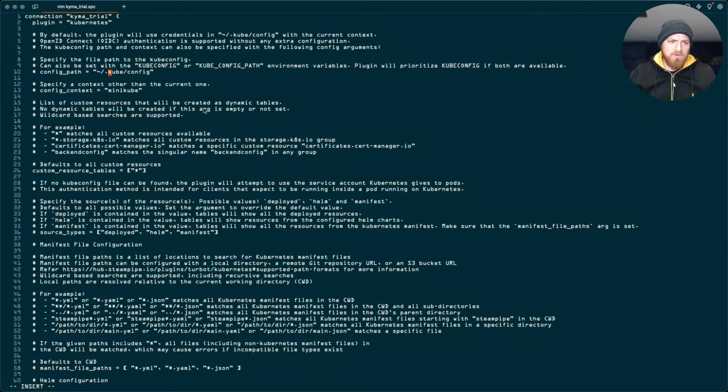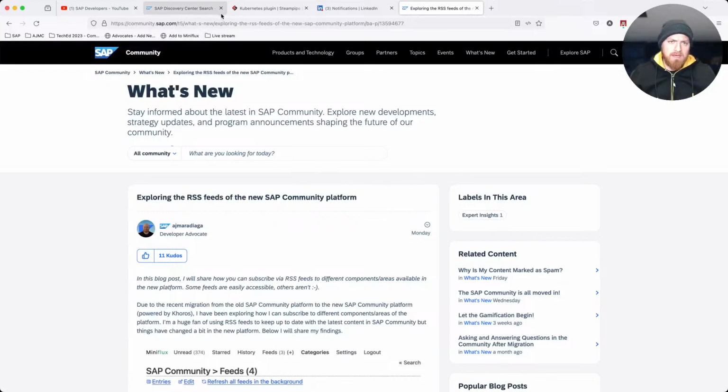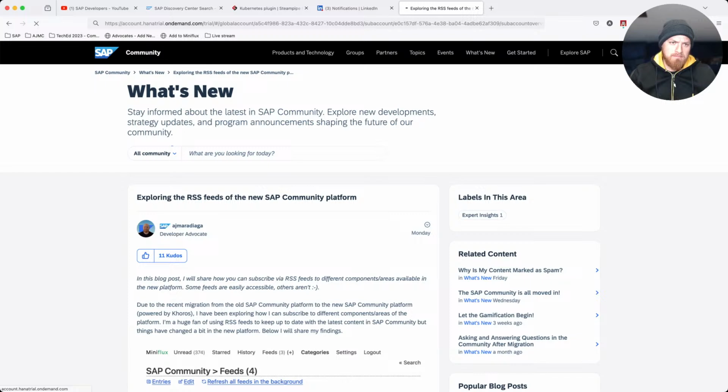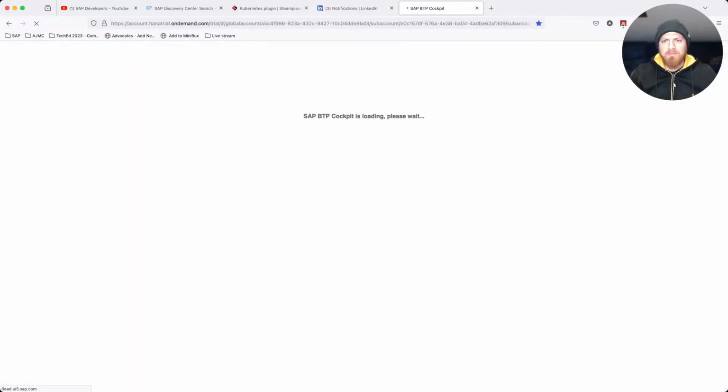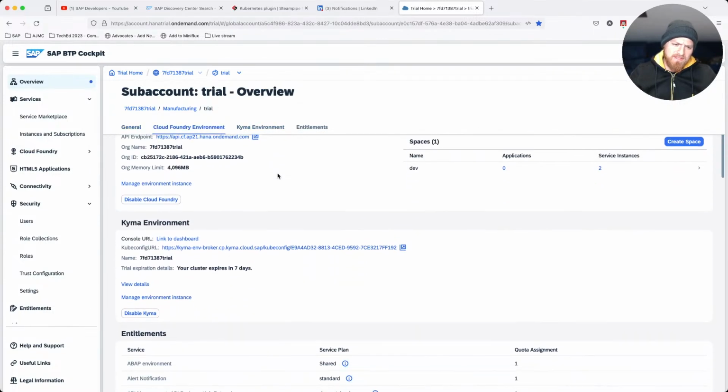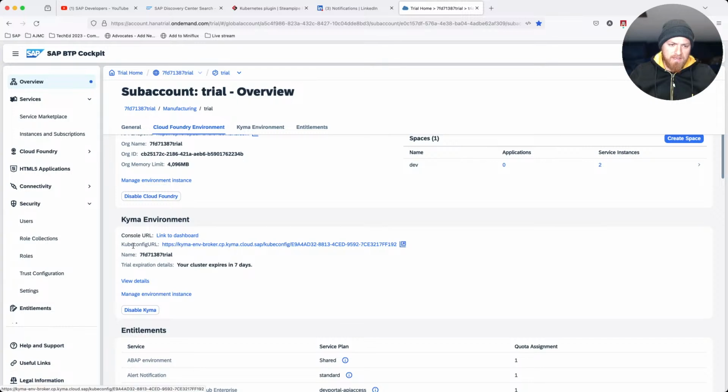I just realized that I forgot to actually go to my trial environment and get my Kyma config. So let's do that first. I obviously instantiated a Kyma environment in my trial account already, because that does take some time, so I'm not going to waste time setting up the environment. But once you have it set up, you can see it here, right? There's a kubeconfig URL. You click on that and you will end up downloading your